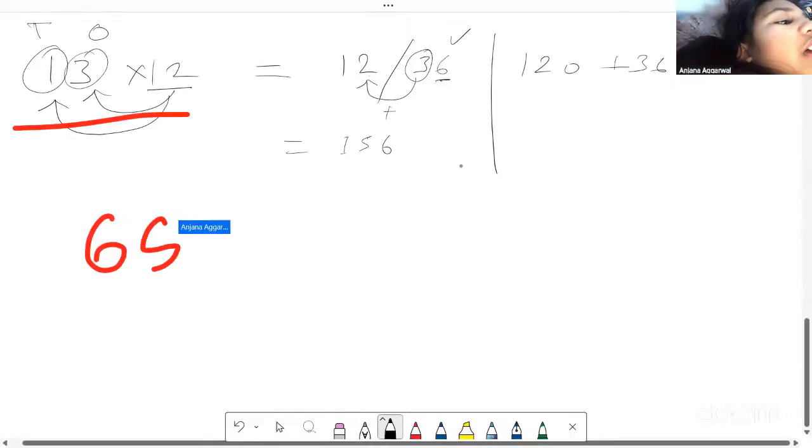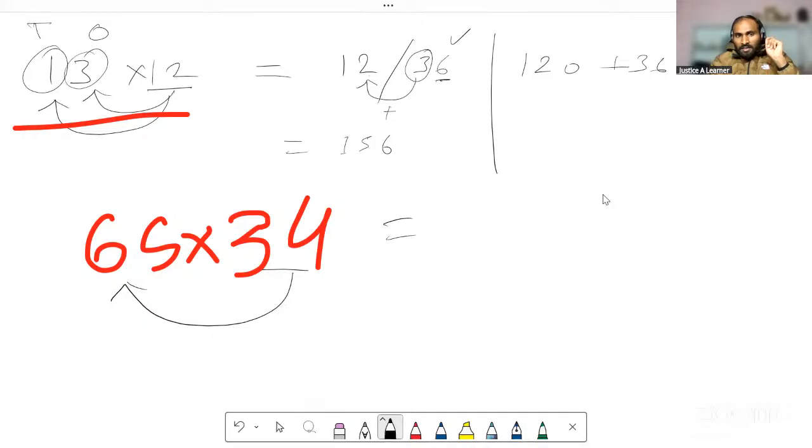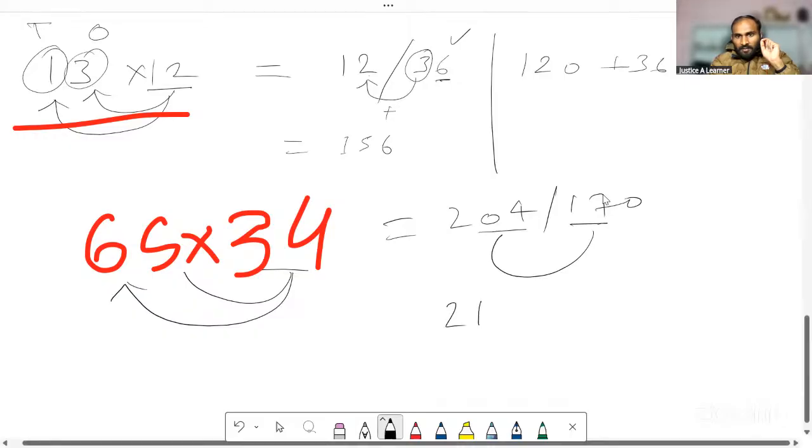Another perspective, you can apply that formula to 65 times 34. That can be done, but this is a little difficult because I do not know the table of 34, but I can try. 34 sixes: 3 sixes are 18 and 6 fours are 24, so 204. This is the thing I just multiplied. Then 34 fives: 3 fives are 15, so 170. This time two digits will be shifted this side. So it would become 2210.